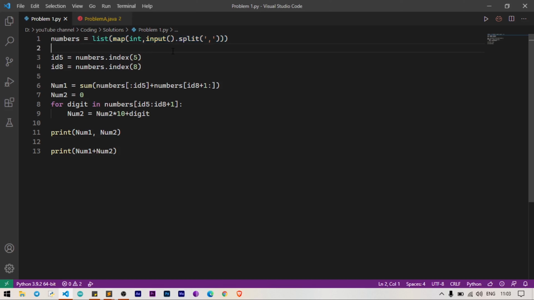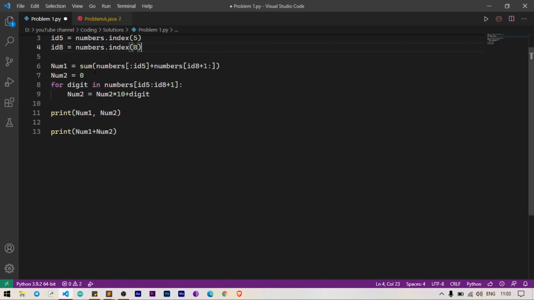So numbers will have something like 3 2 1 4 8. A list is there, whatever the list that we have passed. Okay, next id5 and id8 we are finding out using the same method that we have discussed in pseudocode, and num1 is also the same, num2 the same procedure is used.